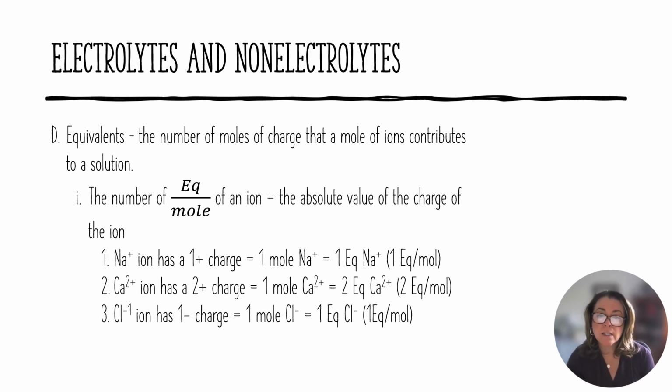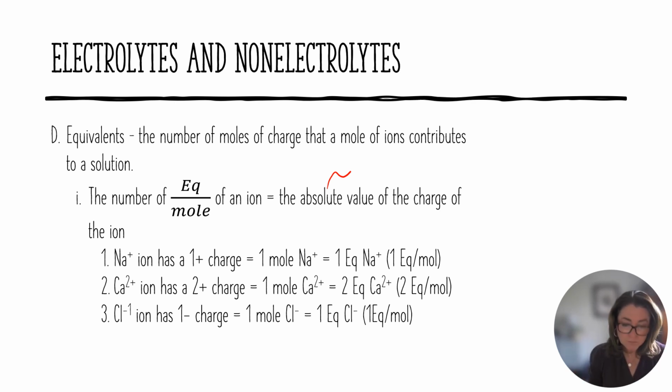And the equivalence is the number of moles of charge that a mole of ions contributes to a solution. So the number of equivalents per mole of an ion is the absolute value of the charge of that ion. And just to remind you, absolute value, that means that if something has a positive charge, we just look at it as that charge too. Or if something is a negative charge, we just make it positive. So we're just looking at the overall value of the charge on that